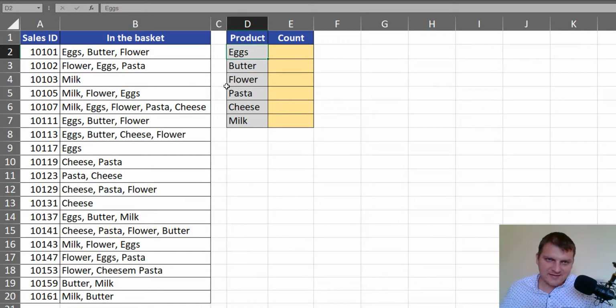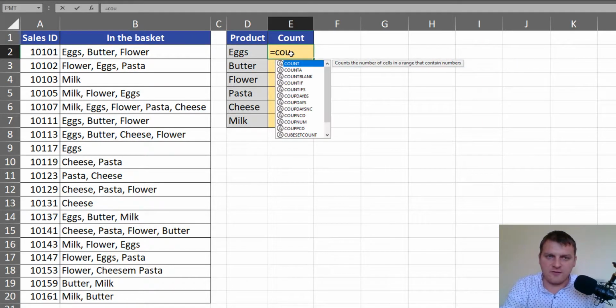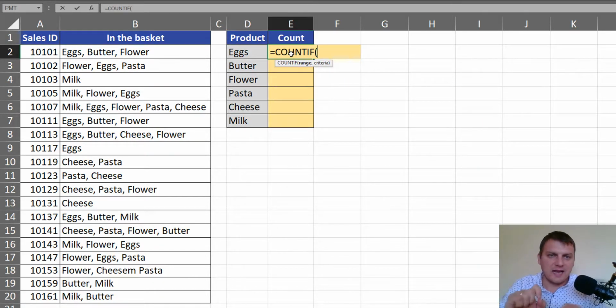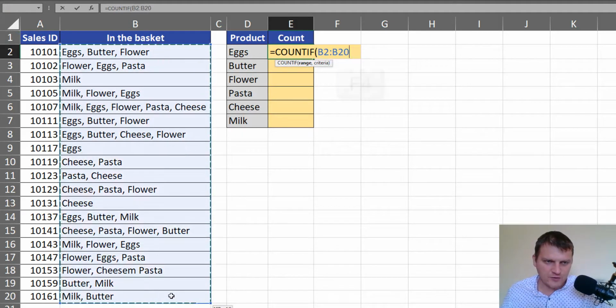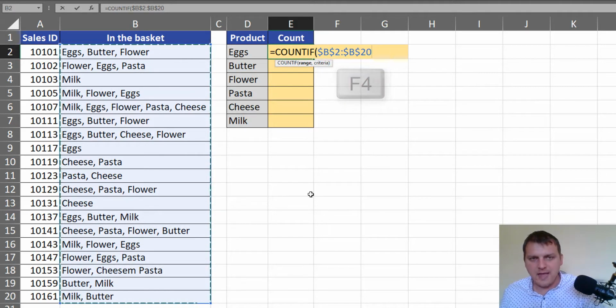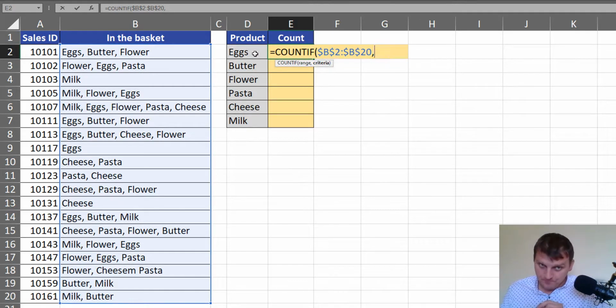It's a simple task in Excel because we have the COUNTIF function, and the COUNTIF function can use wildcards. So we are starting with the range, our basket, F4 to lock it, and then the criteria. If we were counting just cells with only X, we could refer to the cell, but we want to count all cells containing X, so we have to add the wildcard asterisk that can replace any number of characters, even